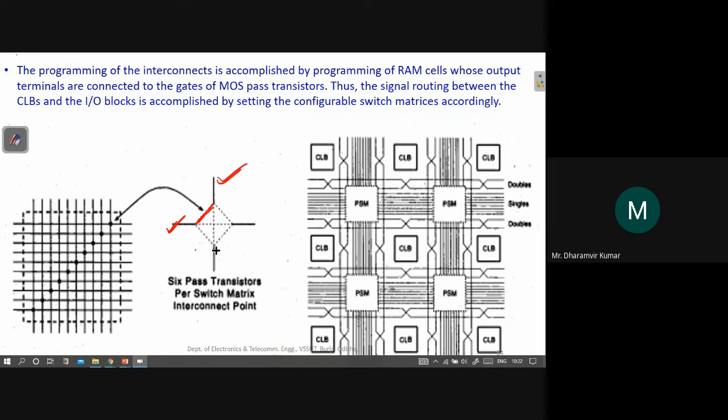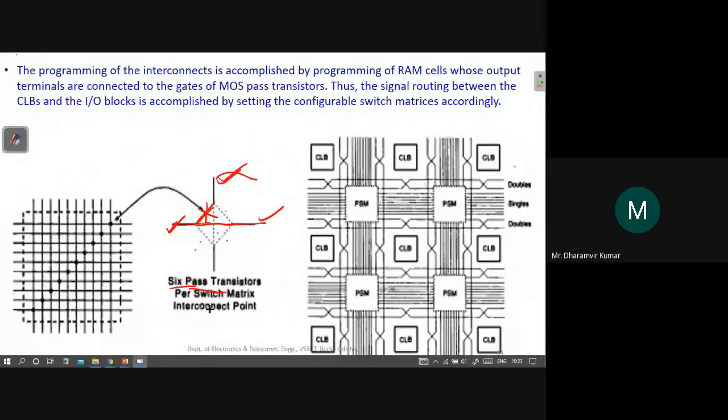Suppose I want to connect this one with this one, not this one, not this one. In that case, the pass transistor for this path will be switched on, and all others will be off. So it will connect like this. There are a total of 6 pass transistors per switch matrix interconnect point.